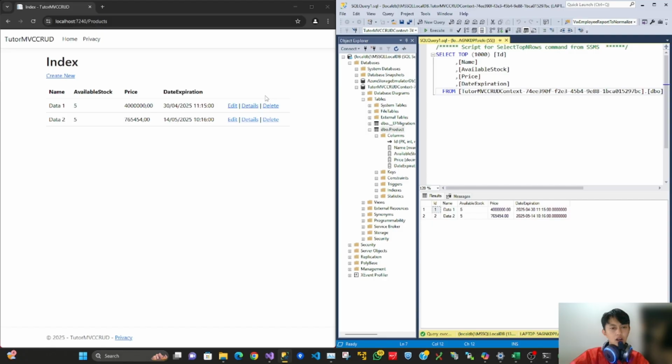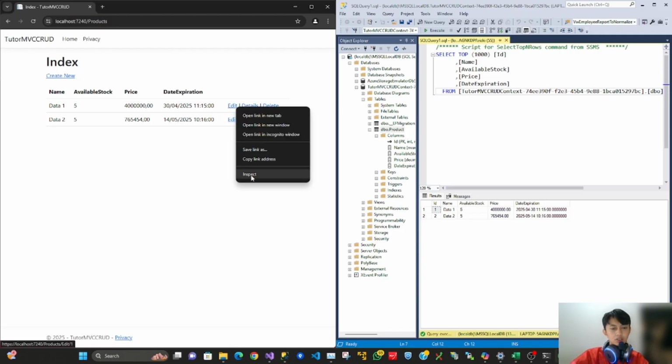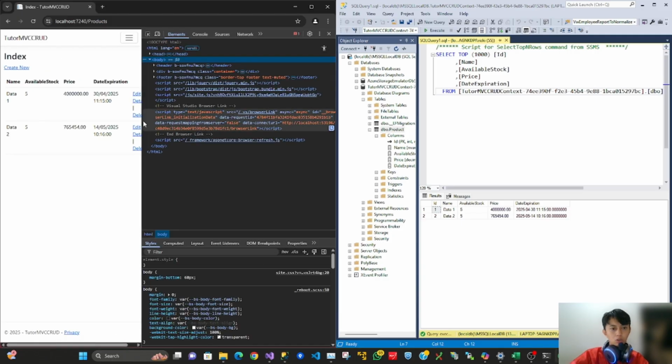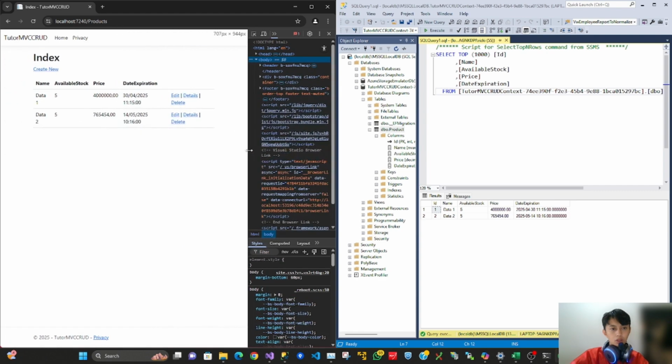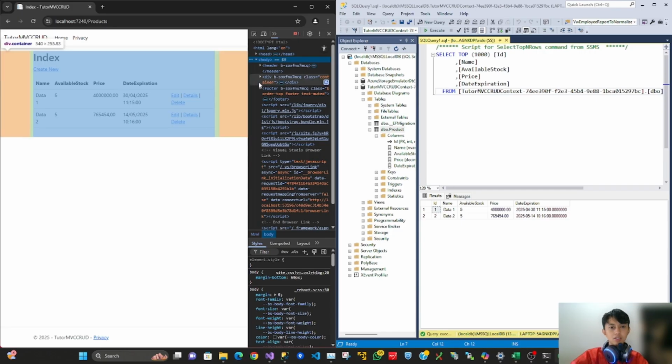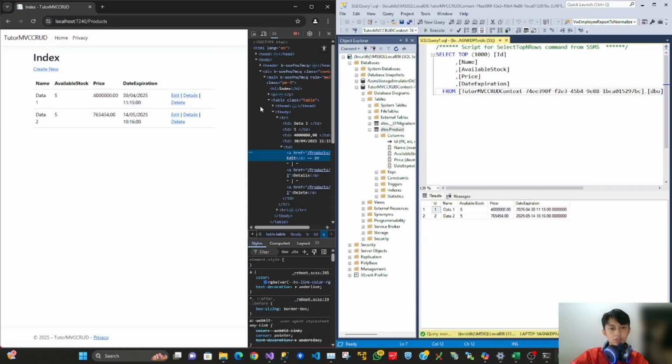Okay, let's modify the views of Edit, Details, and Delete. They use hyperlink tags here, so we are going to make them look like buttons. They use hyperlink, hyperlink, hyperlink.